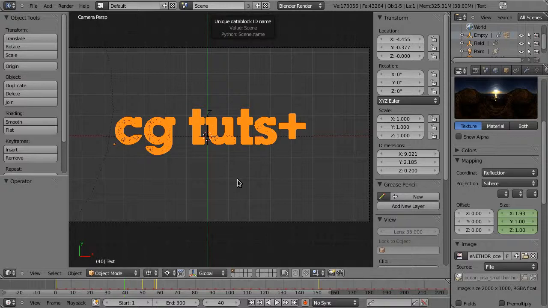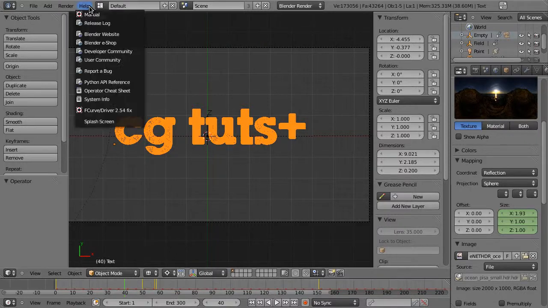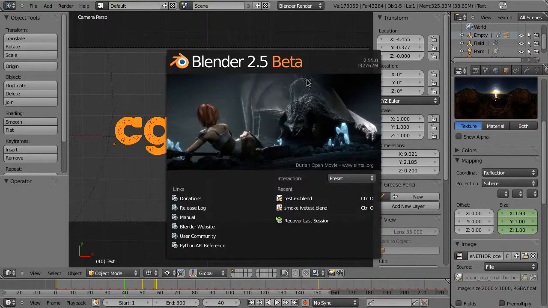And this time we're not gonna burn anything or blow out any smoke, but still things need to be destroyed. And what we're gonna dissolve or disintegrate or pulverize, or call it whatever you want, is this neat CG Tutsplus logo here. We're gonna use Blender 2.5 Beta 5, and in this version the usual way of